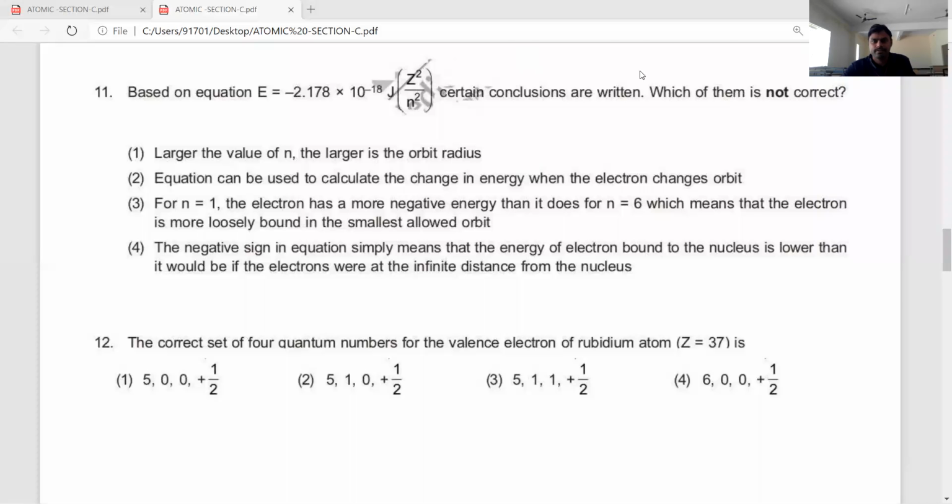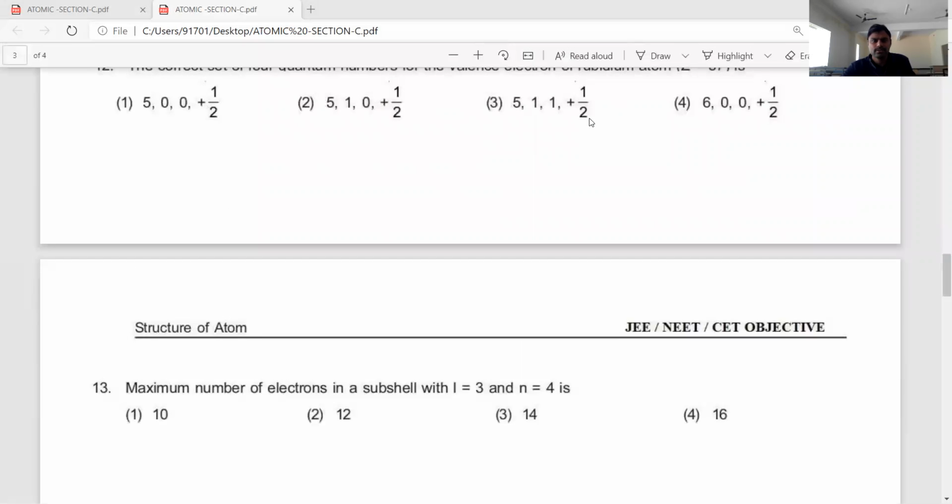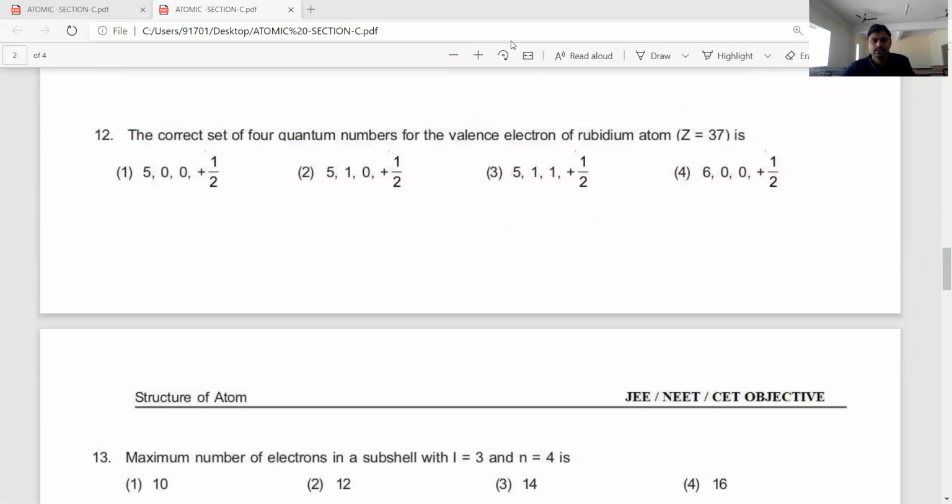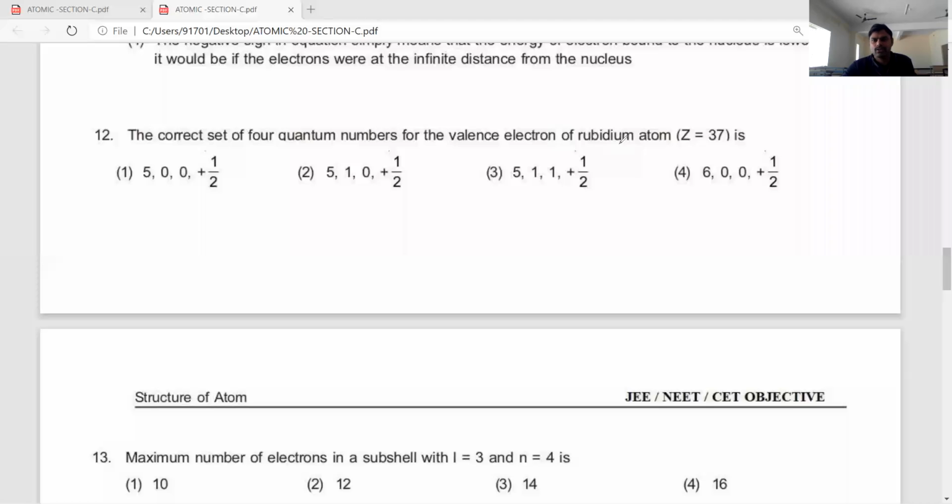Let's see next. 12th question: the correct set of quantum numbers for the valence electrons of rubidium. Rubidium, Rb, Z is equal to 37. We need to write the correct electronic configuration: 1s2, 2s2, 2p6,